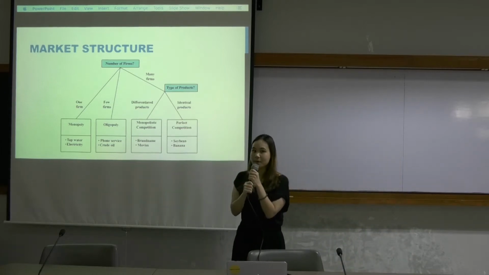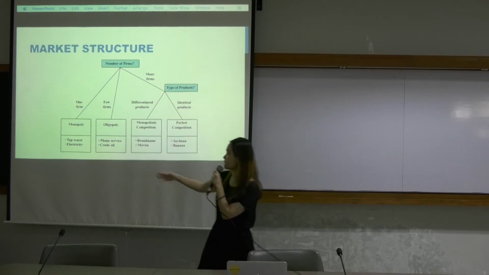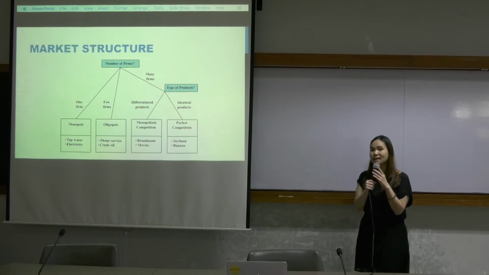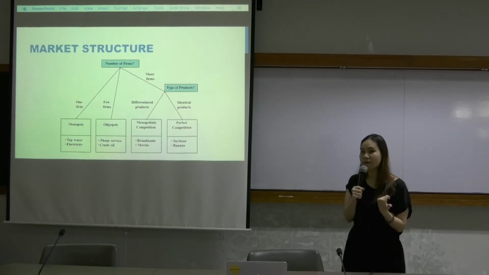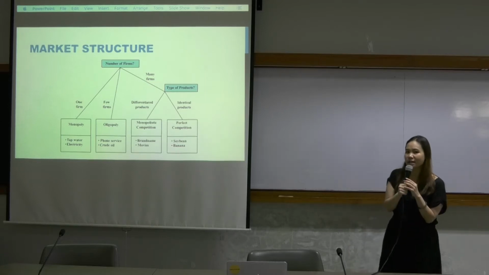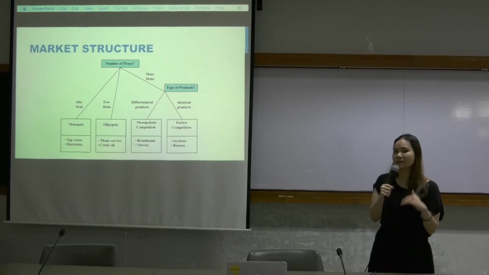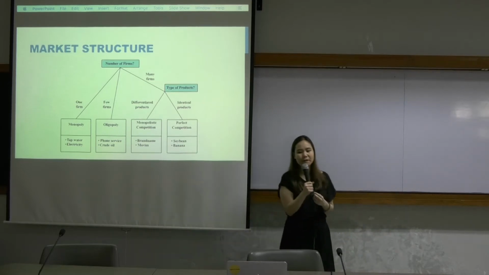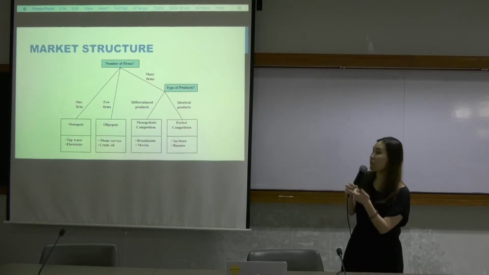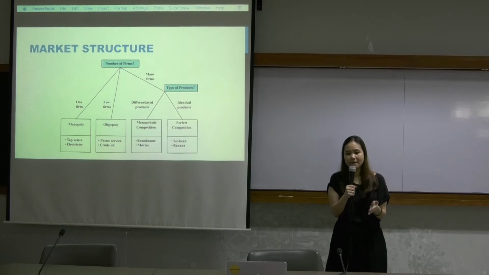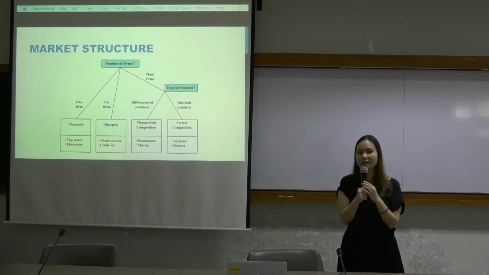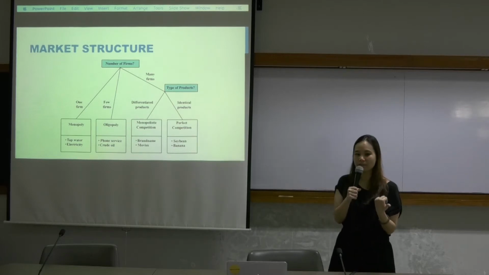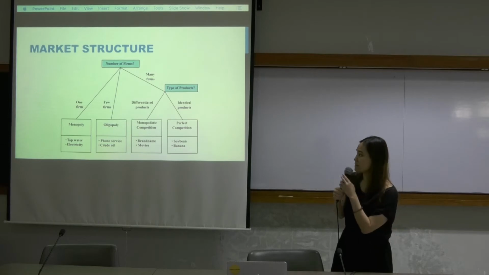So the second type of the market is oligopoly. So in the oligopoly market, the condition is there must be a few firms in the market. So again, it doesn't matter why there are only a few firms, or whether those few firms sell the same or differentiated product. If a market has a few firms providing goods and services, we call it oligopoly. A classic example for this is phone service. So in each country or in each city, you usually just see a few providers for phone service, right? In the case of Thailand, we would have the key players as AIS, True, DTAC, and